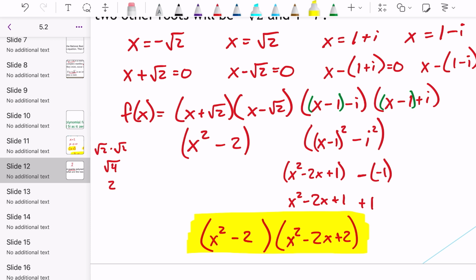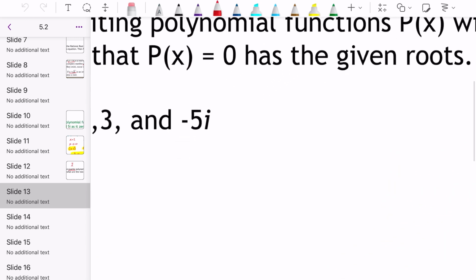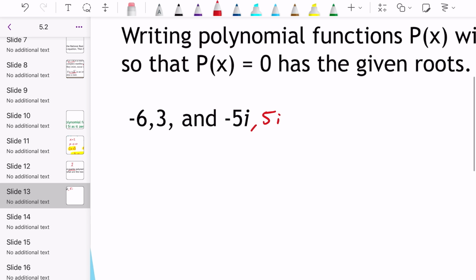Let's go ahead and take a look at slide 13. In slide 13, it says writing a polynomial function with rational coefficients so that p of x is equal to 0 and it has the given roots. Keep in mind, even though we do have negative 6, 3, and negative 5i, a negative 5i would mean that it would also have a positive 5i as an answer. We would go ahead, x is equal to negative 6, x is equal to 3, x is equal to negative 5i, x is equal to